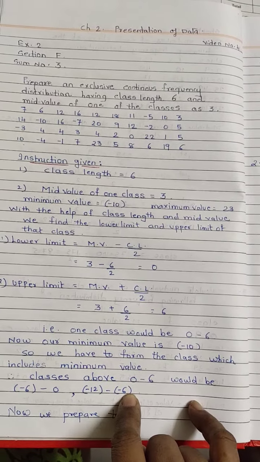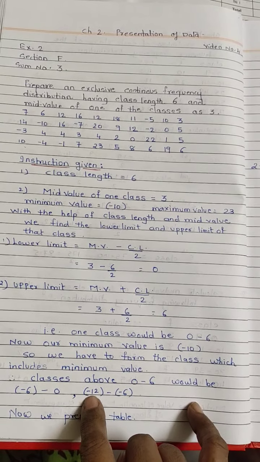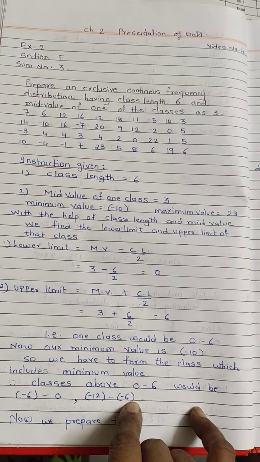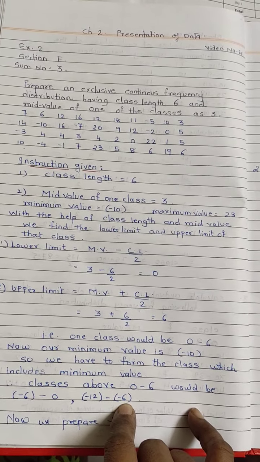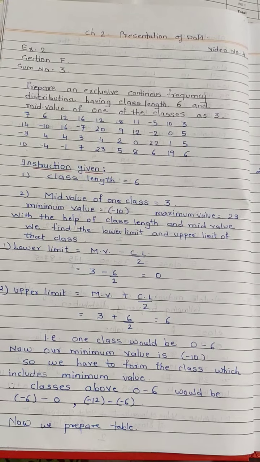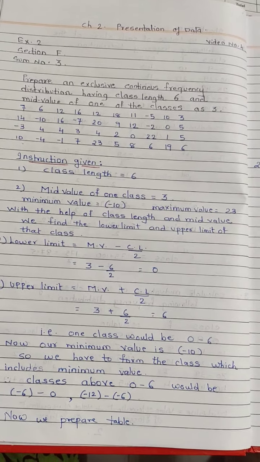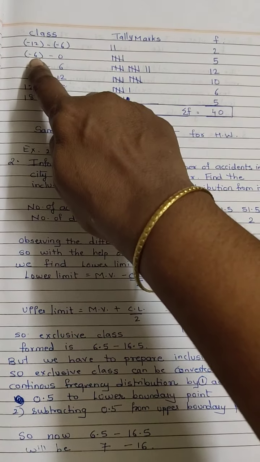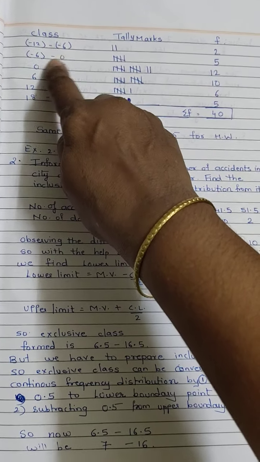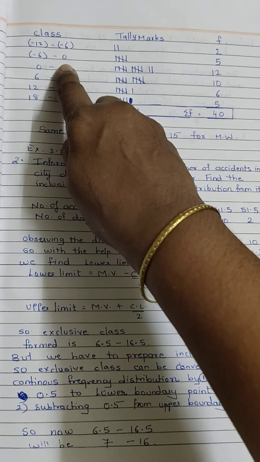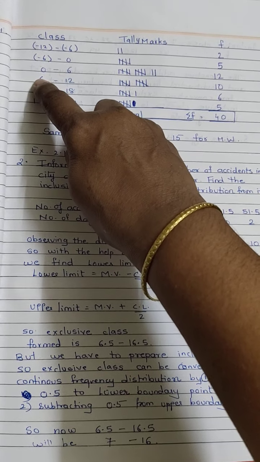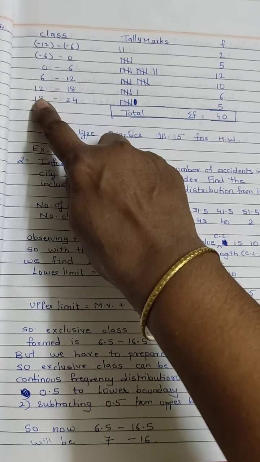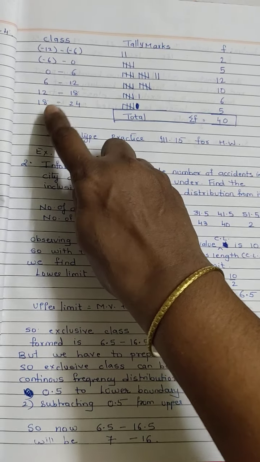And here we can observe that in class -12 to -6, the minimum value -10 is included. Now we prepare our classes. So the classes prepared are -12 to -6, -6 to 0, 0 to 6, 6 to 12, 12 to 18,